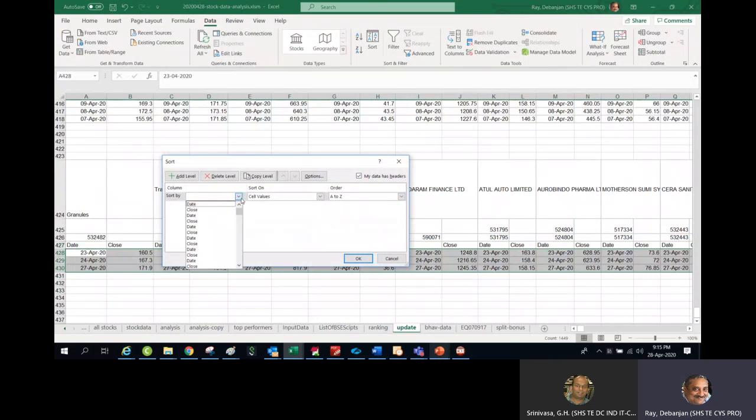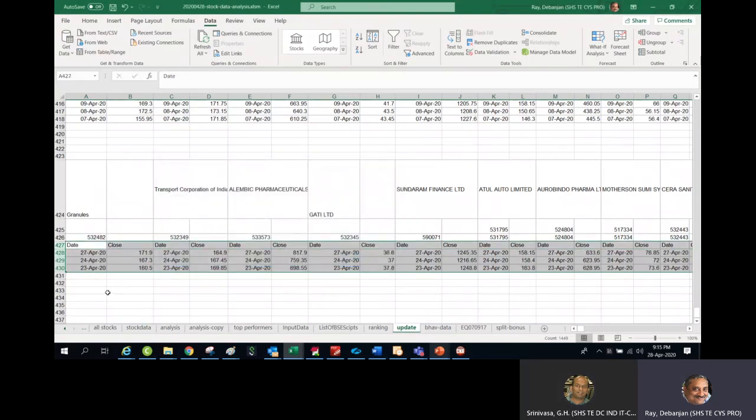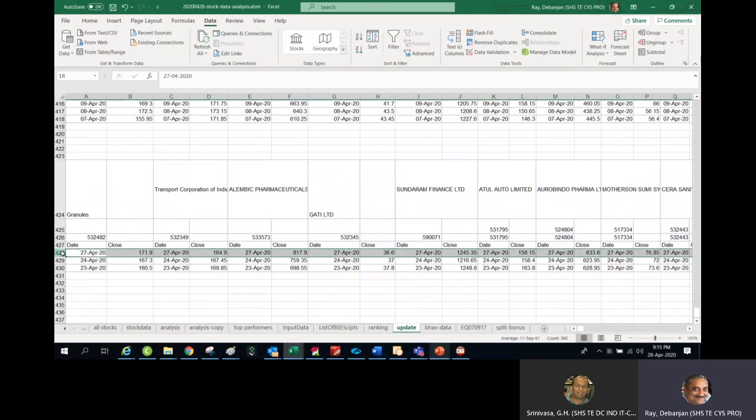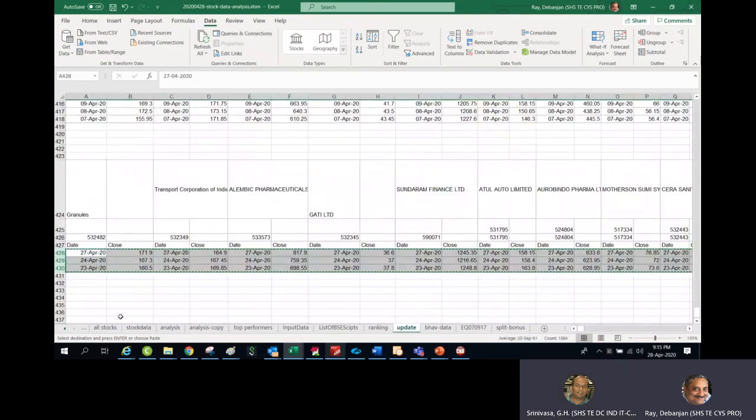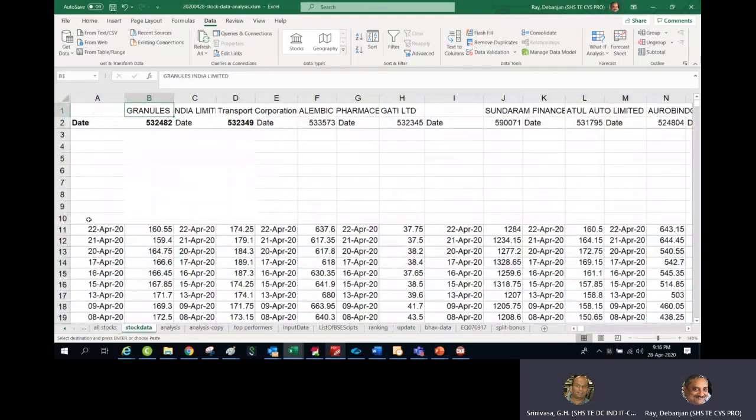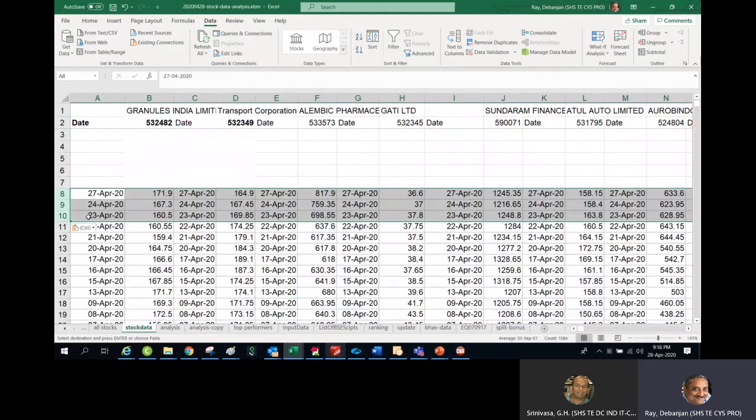Okay, my data has a header, the date, from the newest to the oldest. I do it, okay, and this is done. Now I will do copy, and I will go here. I've copied how many things? 3 rows, correct? I go here. I go at the top, 1, 2, 3. I do a simple paste.